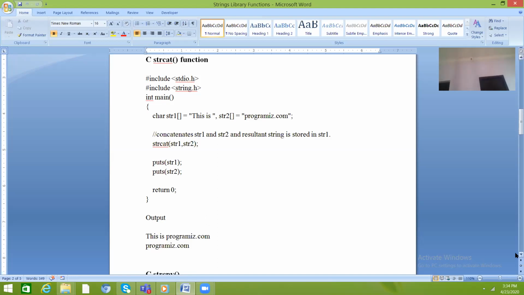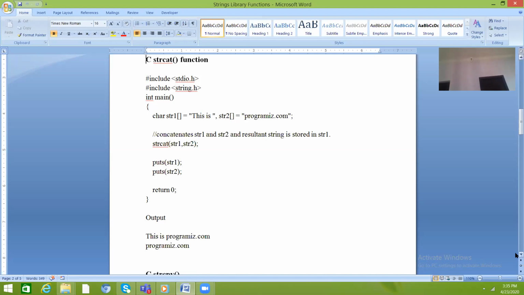What I have done here: I included stdio.h, after that string.h. Then I have taken two strings, first str1 and second str2, and initialized both of them. The first is "this is", and the second is "programmis.com".